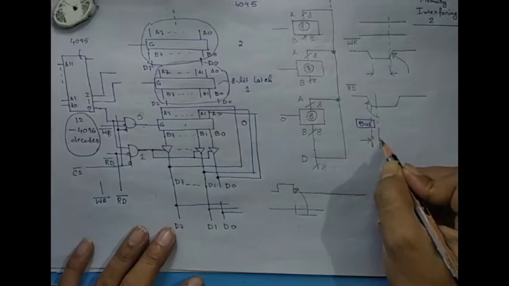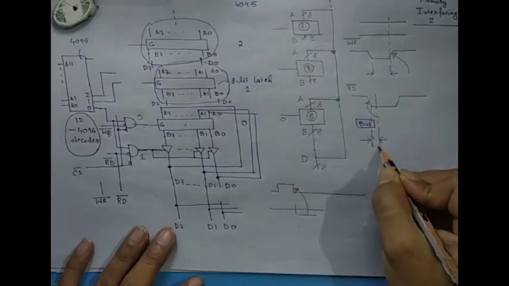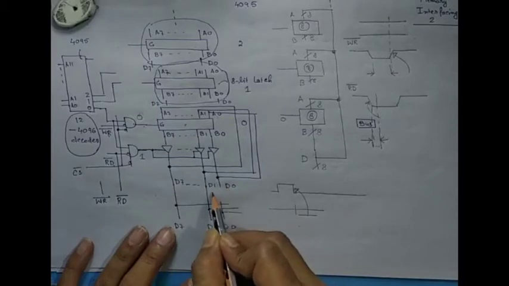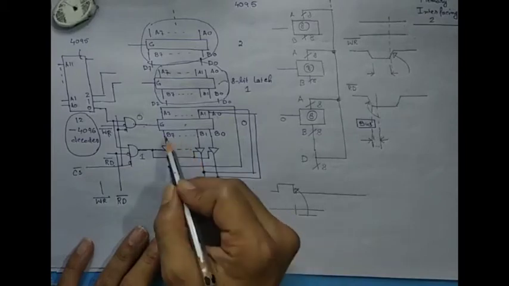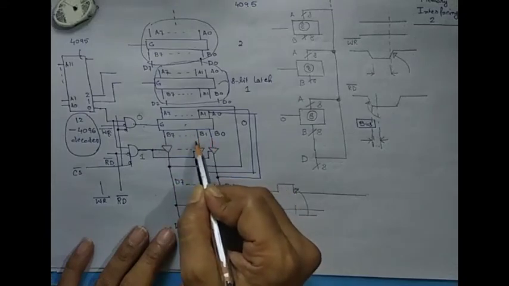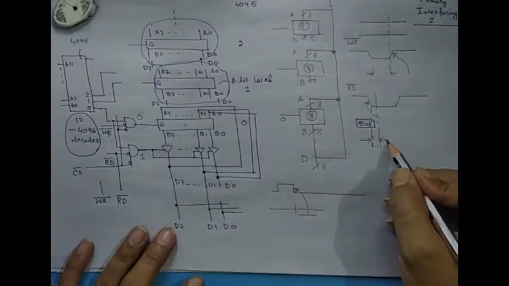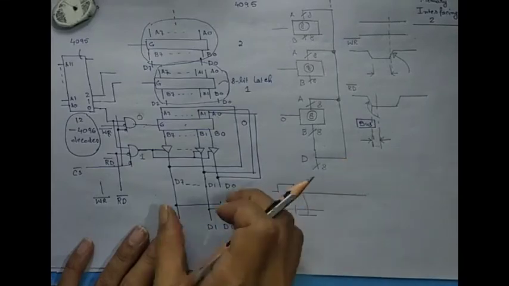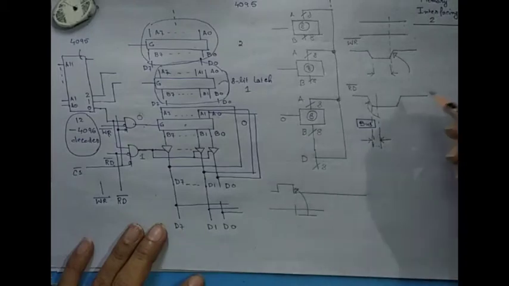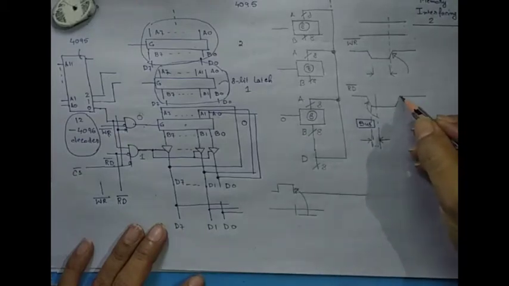Before this much amount of time, we cannot say that valid data is present on the data lines. Valid data means the actual data bits which are there on the output lines of the latch. Only after this can we say that valid data is present on the data lines or data pins of the device. And here the read bar signal will be removed.